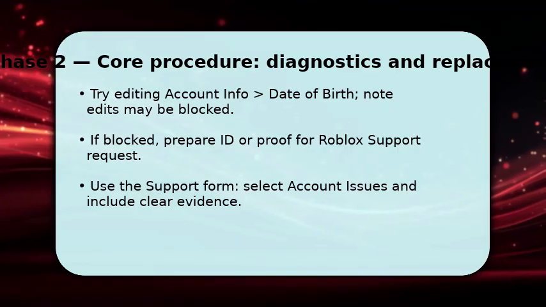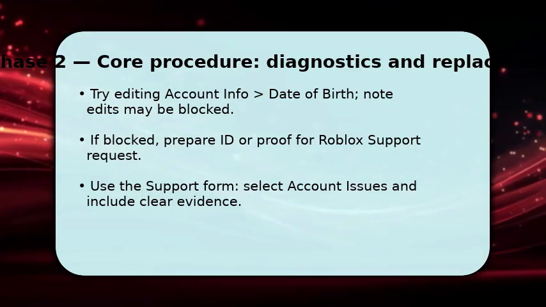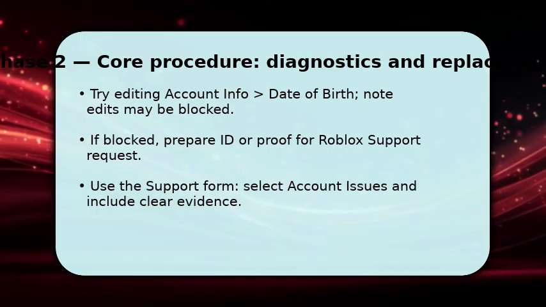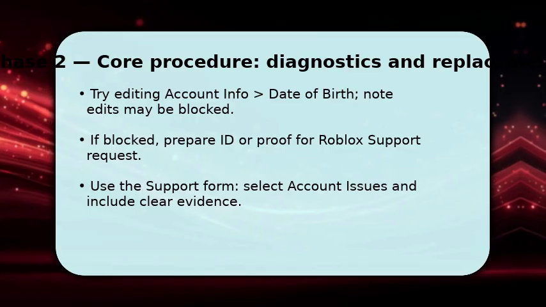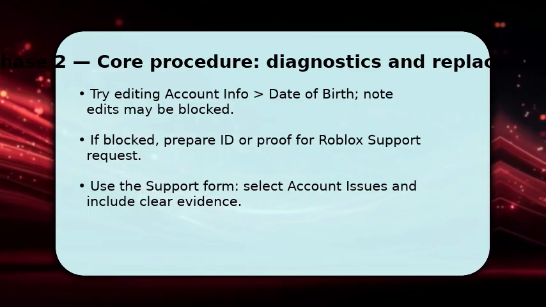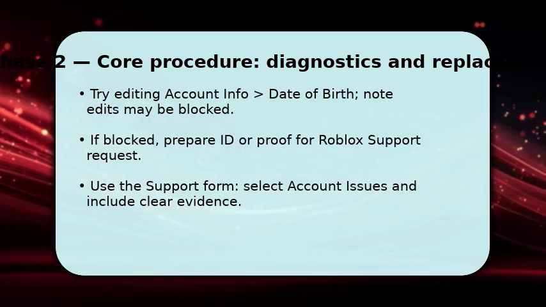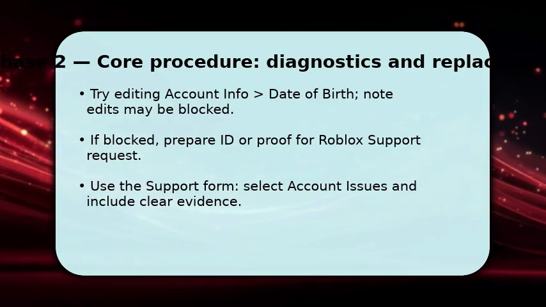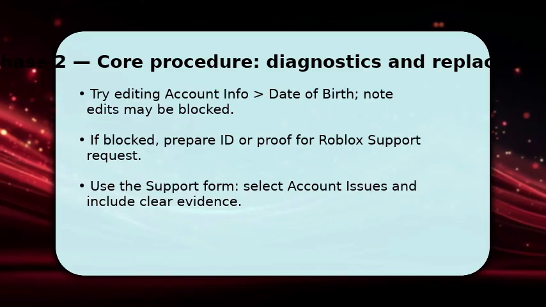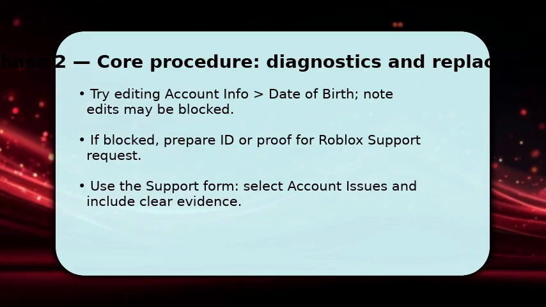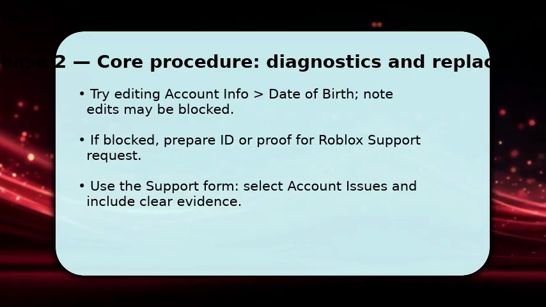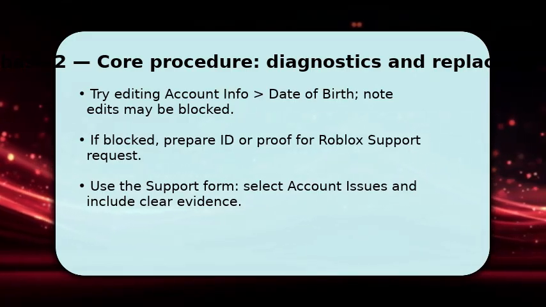You now try to change the date of birth under Account Info, enter the correct DOB and save. If Roblox blocks the change, don't panic. This is common to prevent abuse. Once blocked, prepare a support request. Gather a government ID or birth record that matches the requested DOB and a screenshot of the account page. Then open the Roblox support form, choose Account Issues, explain why the DOB must be changed, and attach your documents